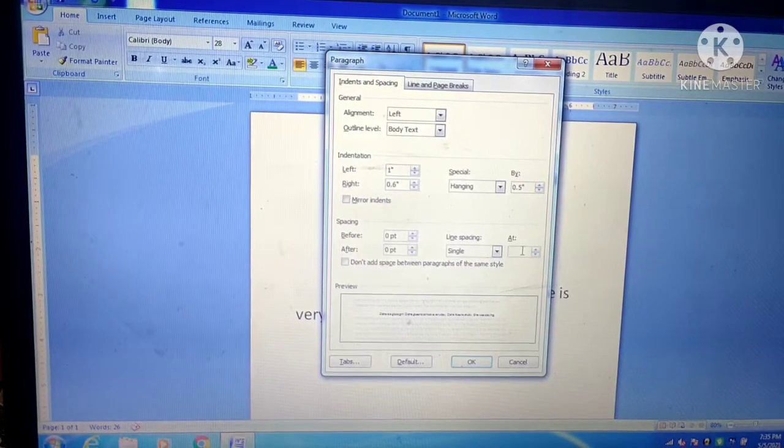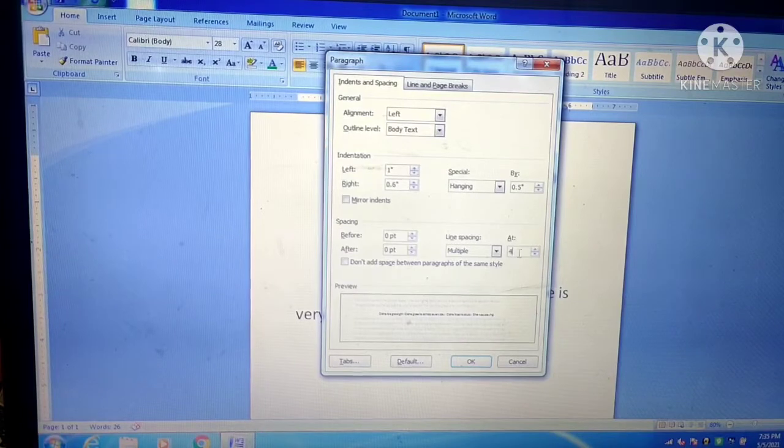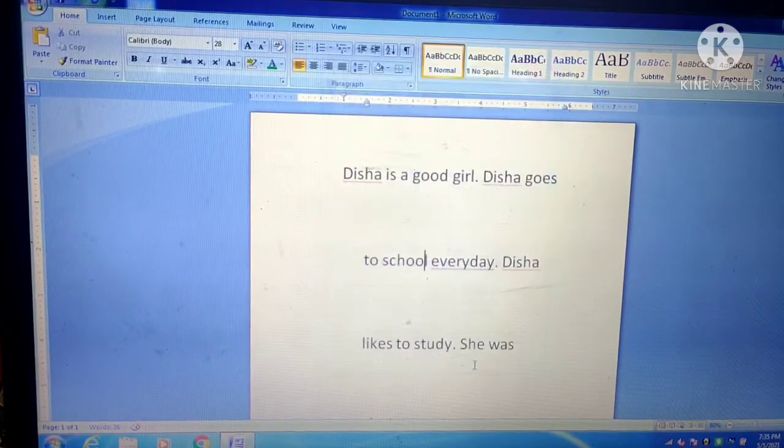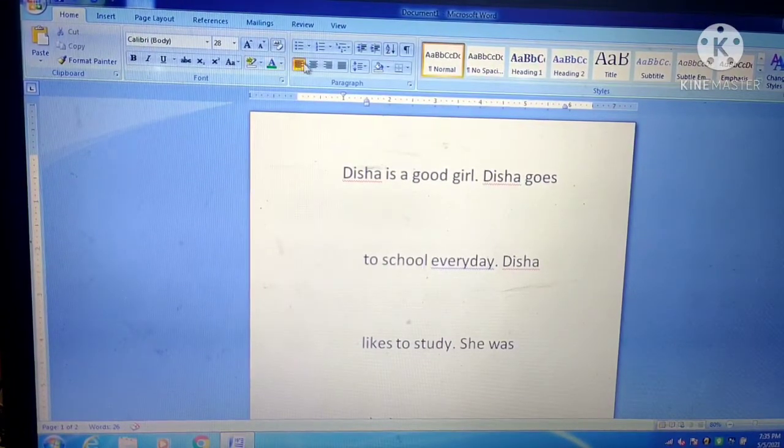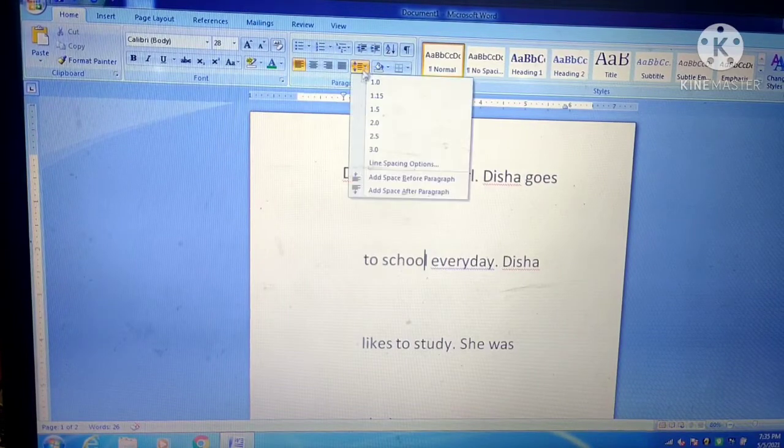For more line spacing options, you can write different numbers here to have more or less line spacing. Since I wrote 4 here, the space between two lines is more. Let us just fix it to the previous one.